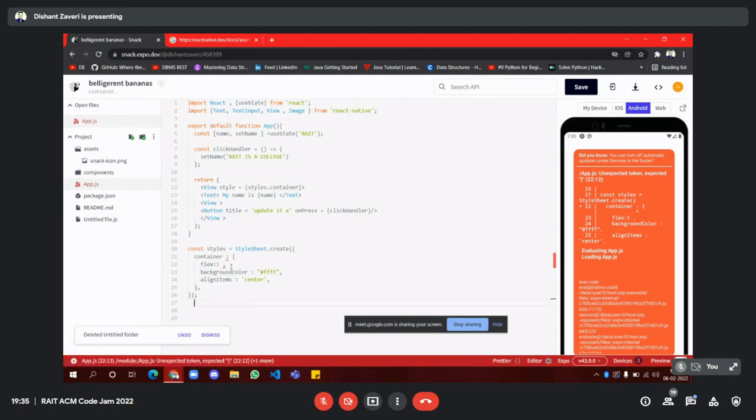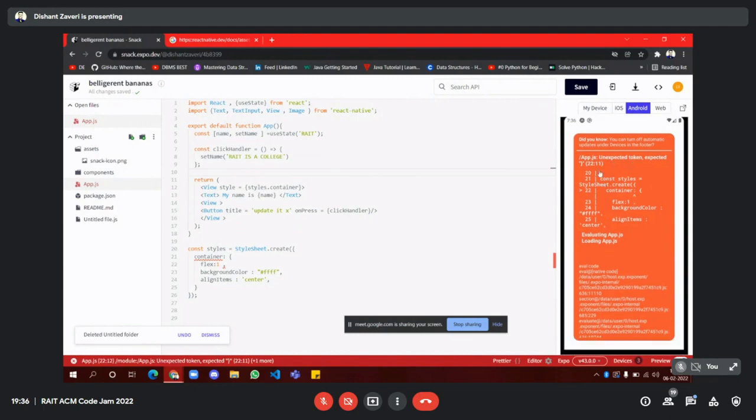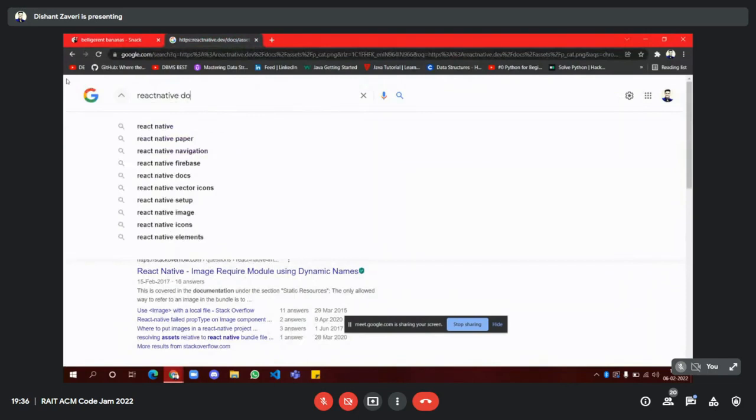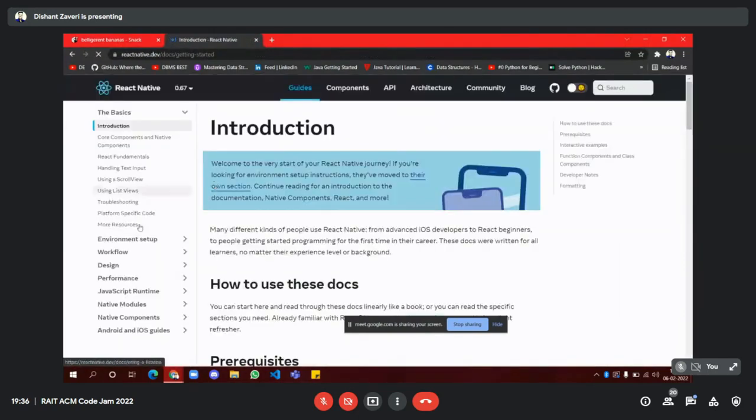Now what's the error? You can see the error here. I think I have not closed it. I've closed it. What's the error here? Expected to close it here. Okay, sir. Can you see the error here? No. Okay, let us use the docs only. React Native docs. Okay, so